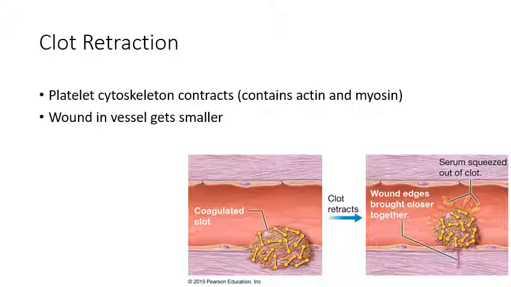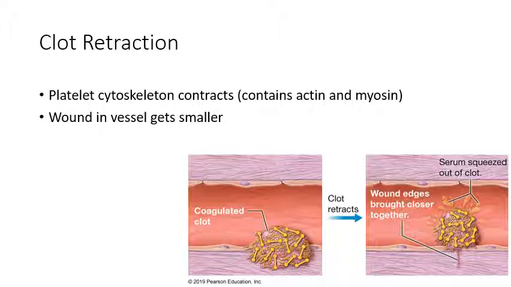So the cytoskeleton actually has actin and myosin within it. If you remember from A&P 1, when you have actin and myosin together in your muscles, they allow your muscles to contract by kind of ratcheting past each other. And it's the same thing that happens in these platelets, where actin and myosin are ratcheting past each other, which makes the cytoskeleton kind of shrink, and then that makes the platelets shrink, and then that makes the whole clot